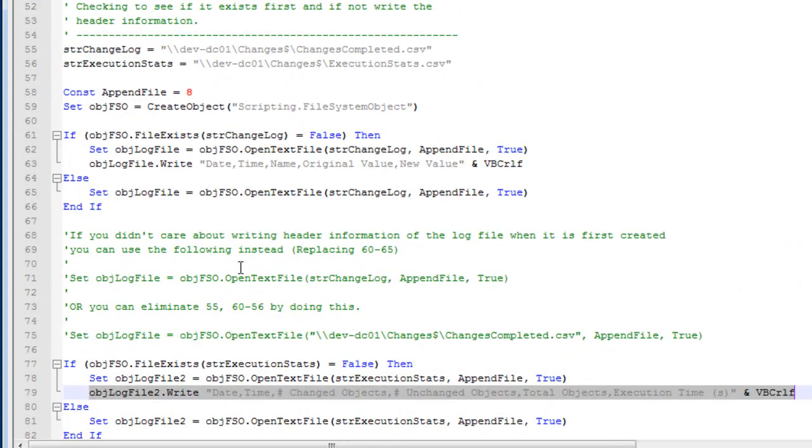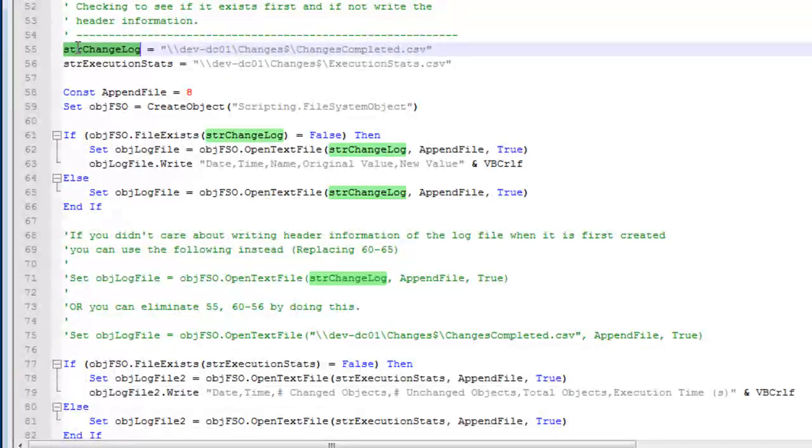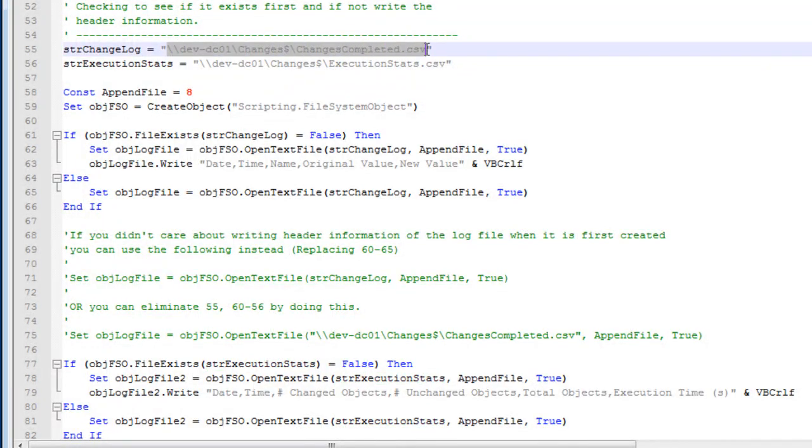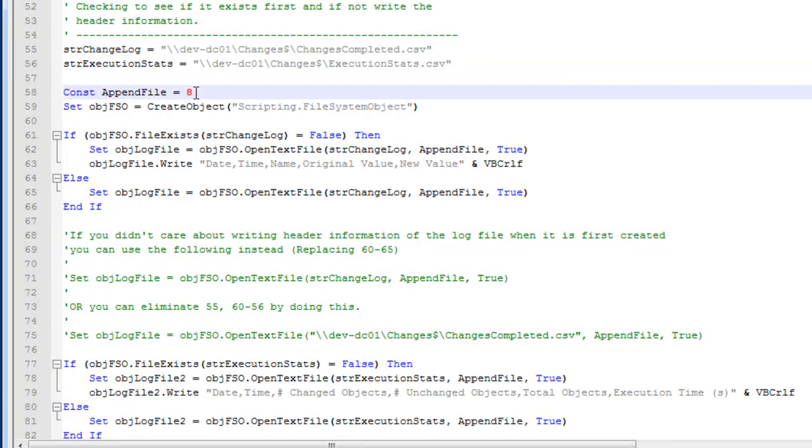But just to go ahead and go through this, essentially what we're doing is we're creating two variables, change log and execution stats, and we're setting it to a path, which can be a UNC path, or it can be an actual hard-coded path to like the C drive and some temp directory or whatever. In my case, I'm going to go ahead and save it to a hidden directory called changes on our domain controller. This constant essentially makes it easier later on to understand what's being done to the log file when you